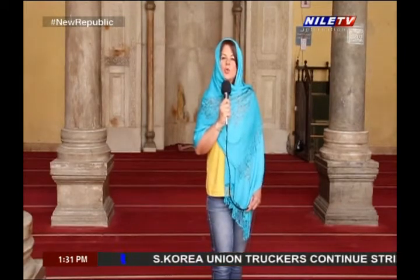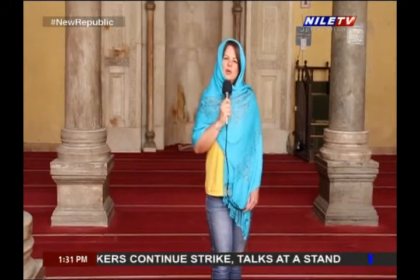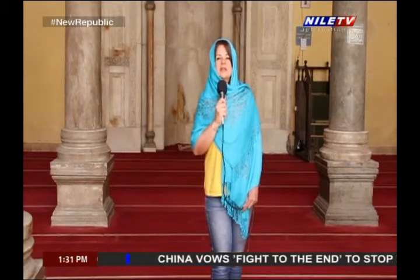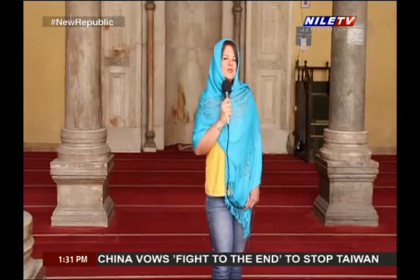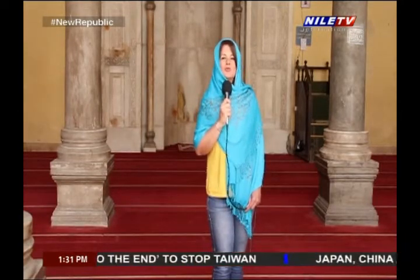Well, in different places here, we have many sites that one can call an open air museum. For example, like El Muaz Lidin Street. Well, we're going to find out more about this interesting place and also more about the mosques here. We always say that Cairo is a city of the 1,000 minarets. We're going to find out together why we call it like this, and also we'll learn together more about mosques